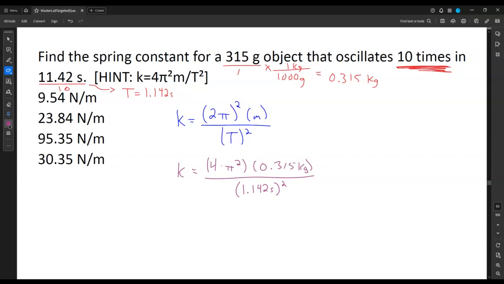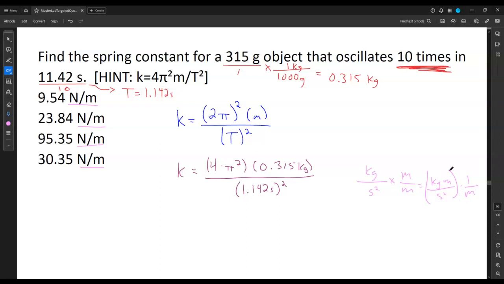Now, if you're paying careful attention here, you might notice that the units look a little bit funny. What we're going to end up with is kilograms over seconds squared. But these all say newtons/meters. And so what happens is technically there's some information about meters that gets canceled from here. Sorry. So if we multiply those back in, m over m, then what we end up with is kilograms times meters over second squared, just regrouping this a little bit, times 1 over m, which